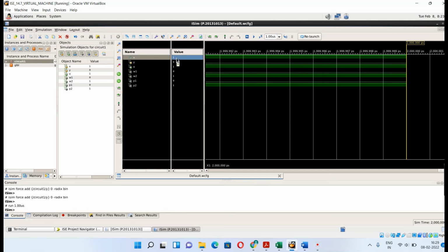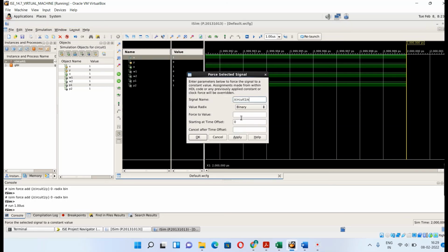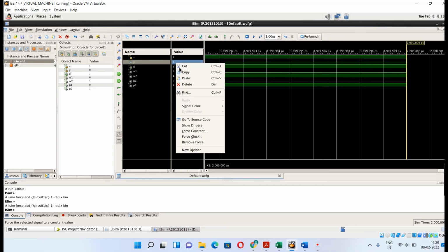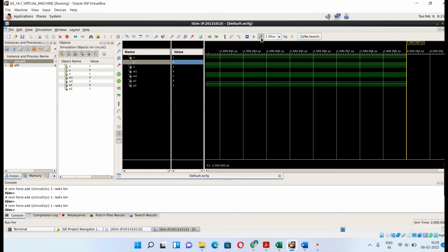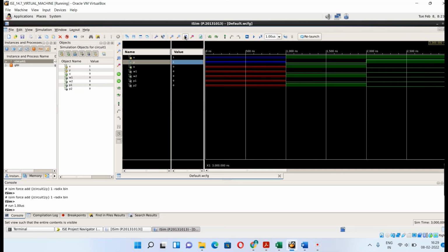Now we'll give some other value. This time I'm giving x as 1, force constant, and y I'm giving as 1, force constant. Then run, and then zoom to full view.